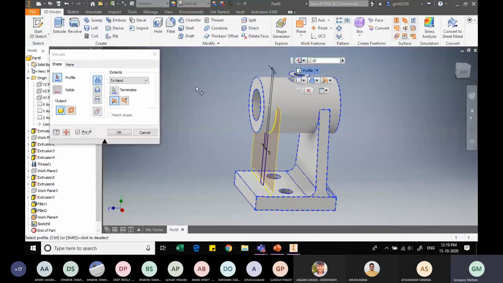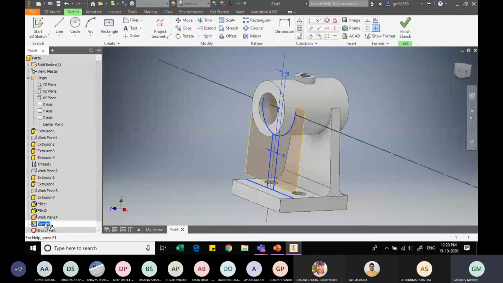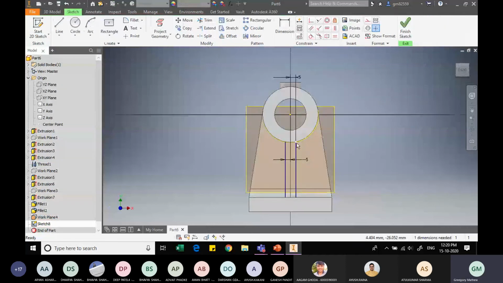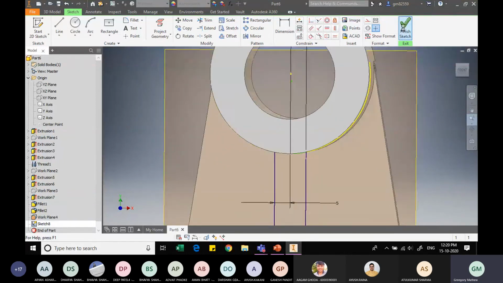Extrude. No. That is because maybe I haven't specified the curve in this region. So I will edit that sketch once again. Yeah, here the curve is not specified, so let me use a 3-point arc to specify that. The curve starts from here, ends here, and this is it. Let me just zoom in. Okay, and I will finish my sketch.